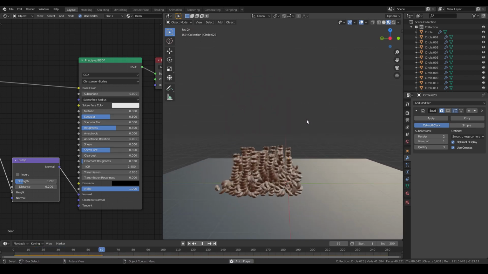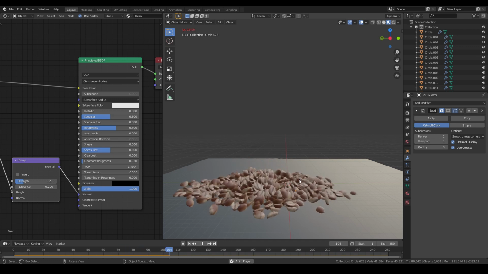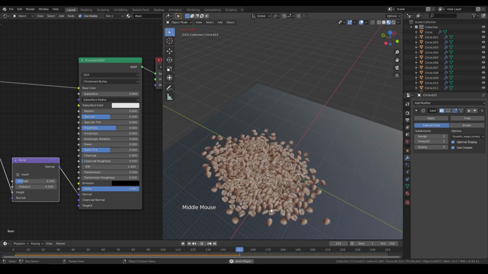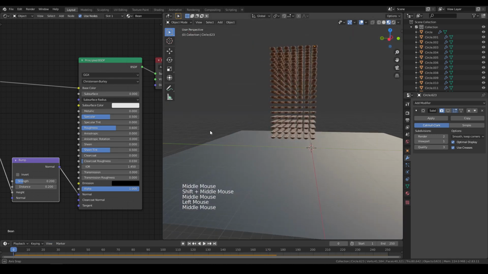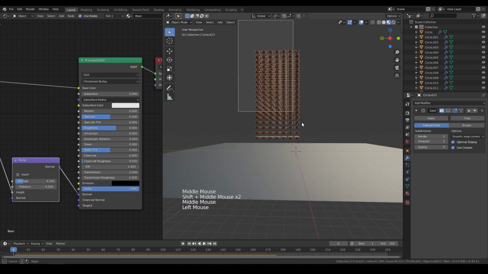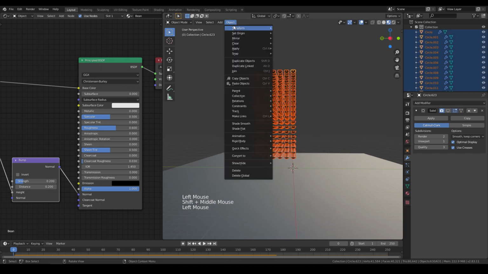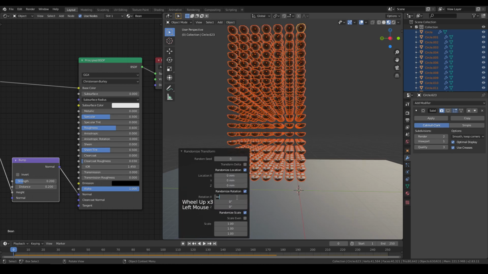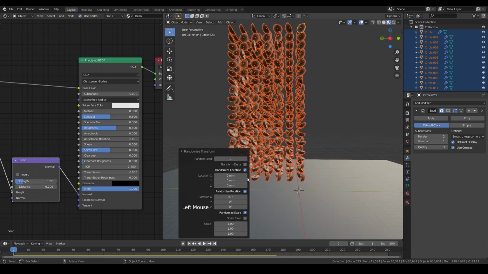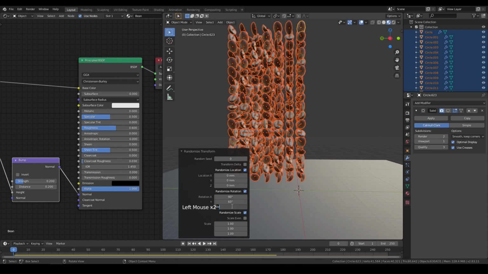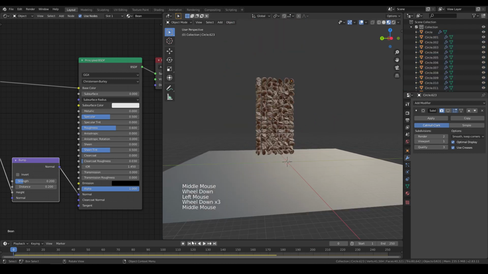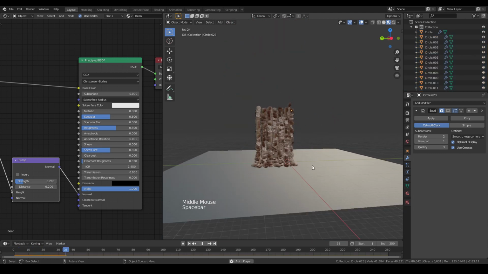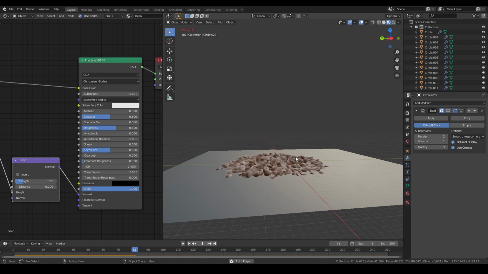and let it play. Okay, this is quite uniform, so I'm gonna stop it and reset it. We have to apply a randomized rotation to it. Go to object, transform, and randomize transform. Set the rotation to something like this one, and then each bean is rotated in random directions. Hit play again. Yeah, much better,